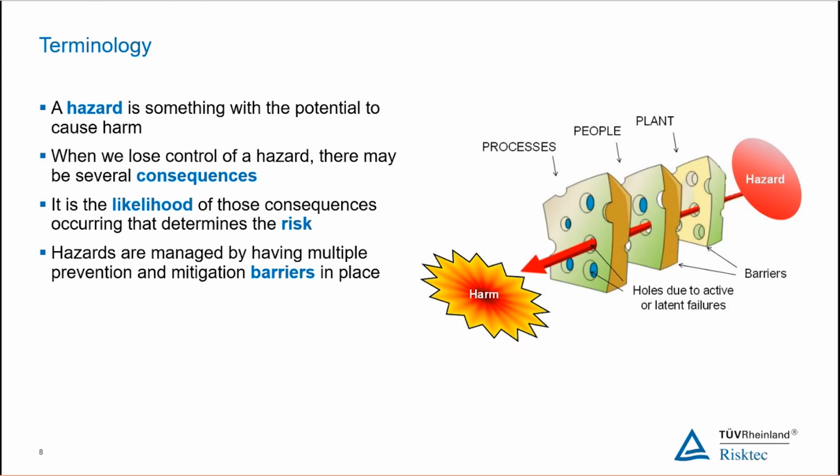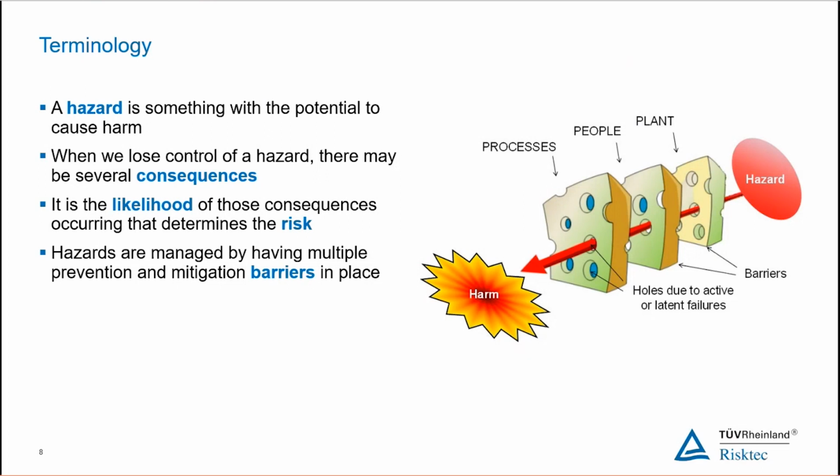Equally, the barriers, the controls, are never going to be good enough, and that would be an example of a latent failure. But equally, we may have active failures, and these active failures are things that are being introduced during the lifetime. A person is responsible for maintaining a piece of equipment, and they have insufficient knowledge to allow them to adequately maintain that piece of equipment. That piece of equipment no longer performs its function, and therefore we have introduced a weakness within that barrier. So that would be an example of an active failure.